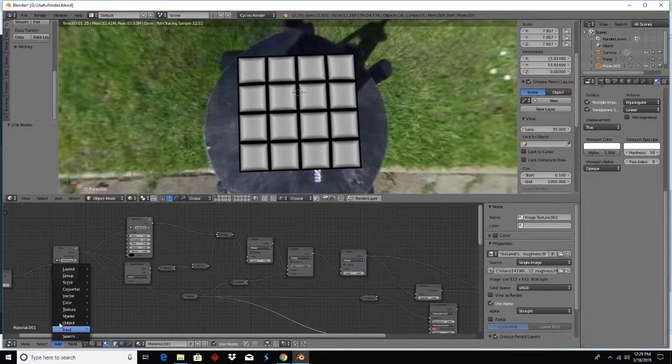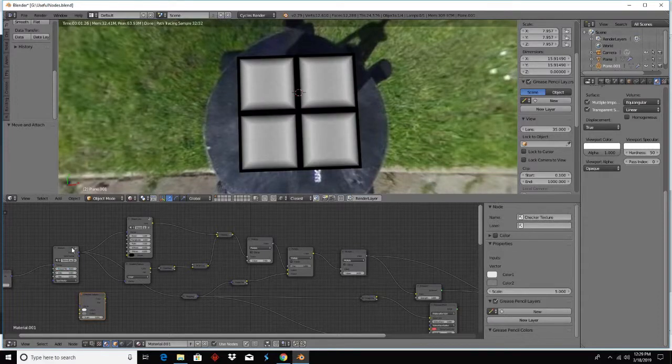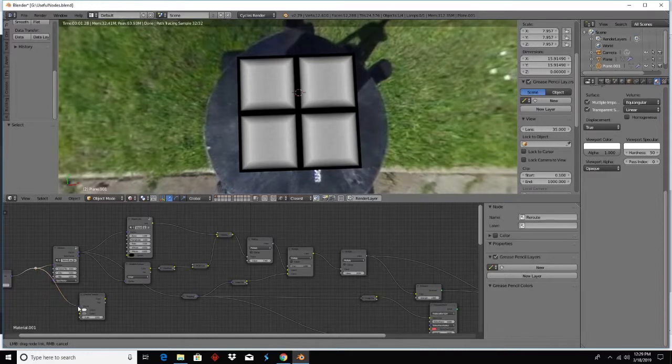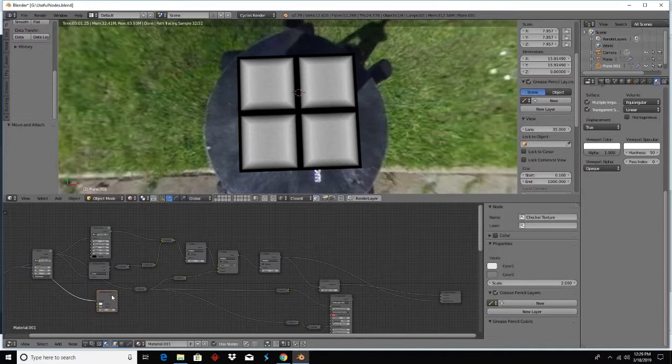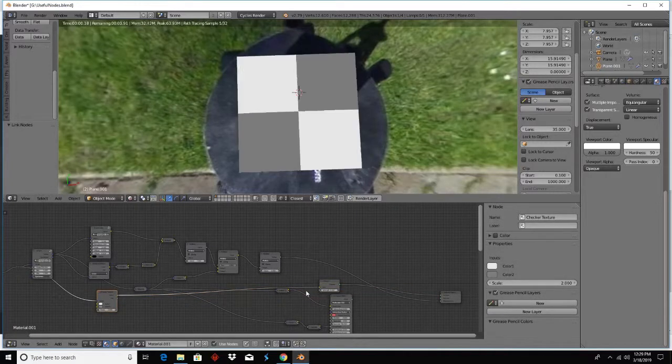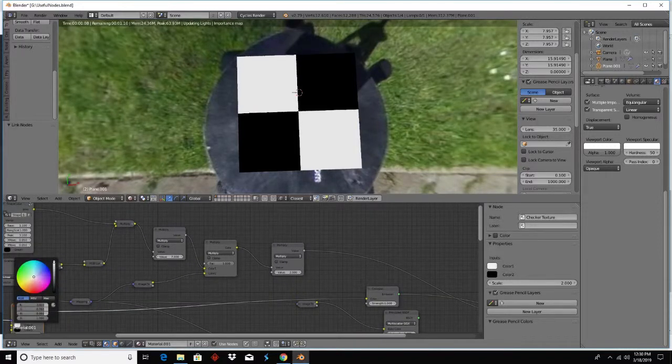And then I'm going to add another texture. I'm going to add a checker texture. Oh, let's do 2. That way the checker texture lines right up with it. I set this to 2. I'm going to add a route right here because I'll probably throw another tile vector in after that. And if I throw this on the emission shader, set one to pure black, set the other to pure white,